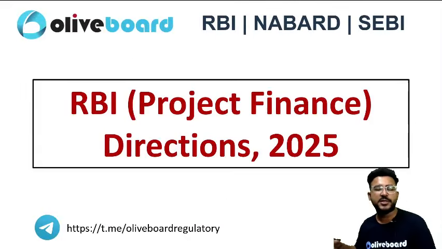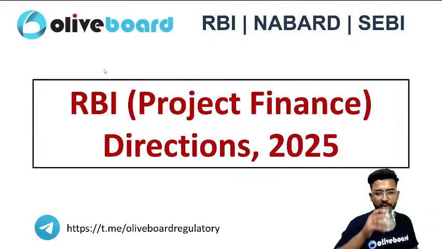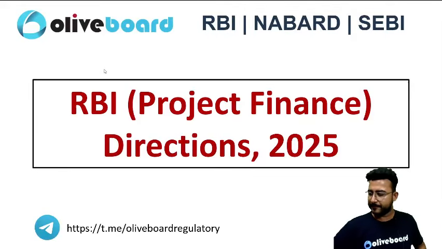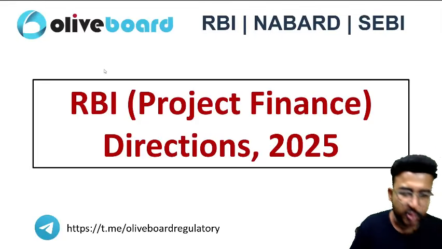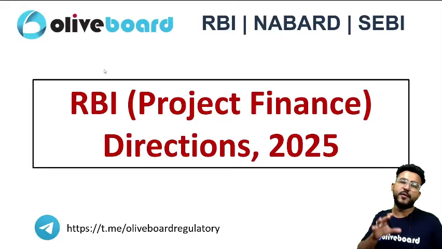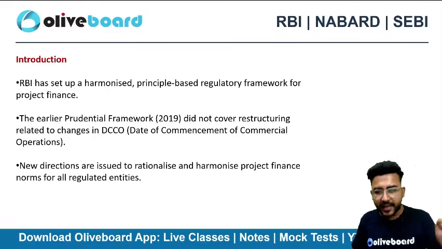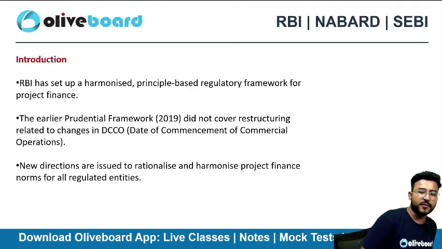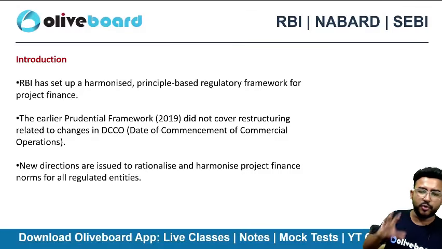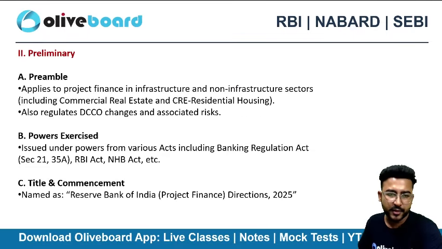Next is the RBI Project Finance Direction. Now this is a complicated circular, right? Just try to remember the crux of it. If you go into too much detail, it's quite huge. It's better to filter out the most important things that have a high chance of coming in the examination, rather than reading each and every line, because that won't be exam oriented. Hardly one or two questions can come, maybe hardly one question. But you need to at least know the crux, because this can be important.